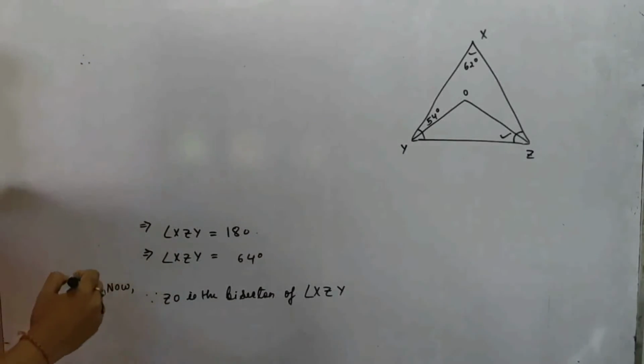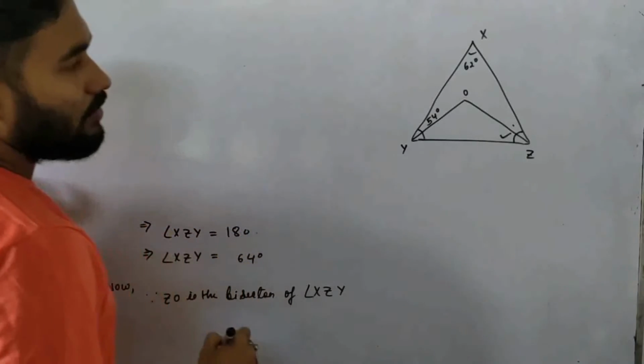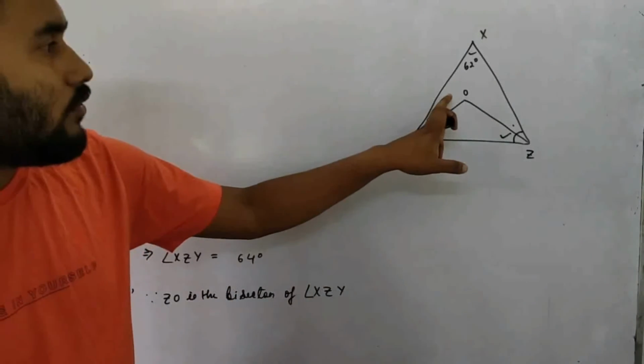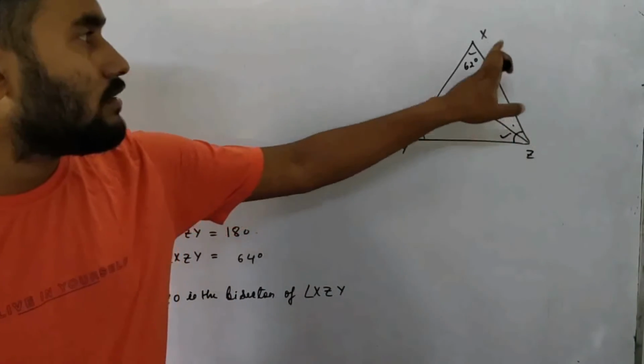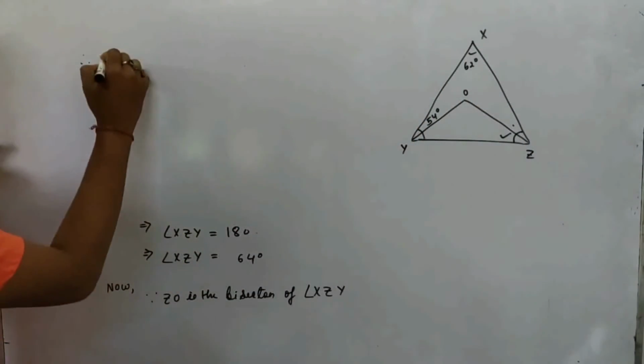This upper angle and lower angle. What is the name of this upper angle? This angle name, upper one, angle OZX, isn't it? OZX. So therefore angle OZX